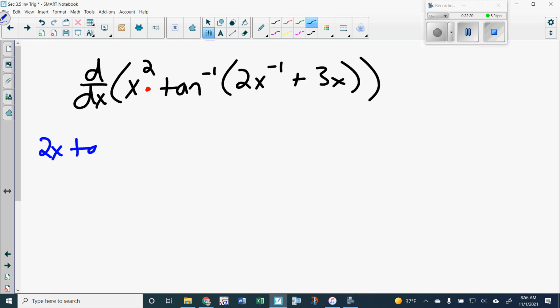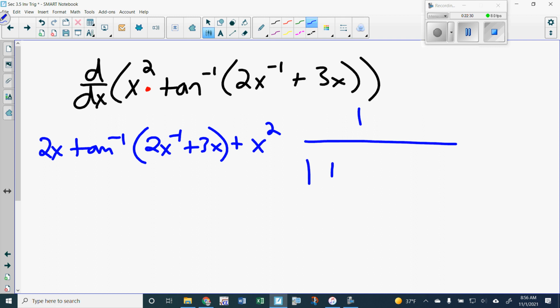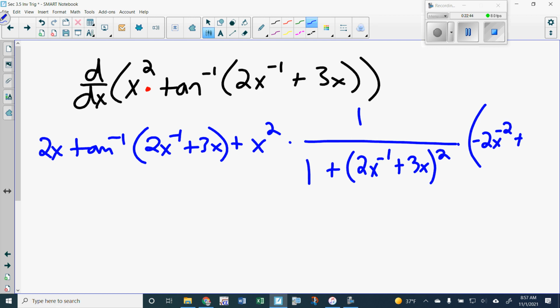2x times inverse tangent of 2x minus 1 plus 3x plus x squared times 1 plus 2x to the negative 1 plus 3x squared. There's the derivative of inverse tangent with the inside staying the same times the derivative of the inside, which is minus 2x to the negative 2 plus 3. If you put that on top of it, that would be fine. You can put all that up top if you want to. Oh, I forgot about